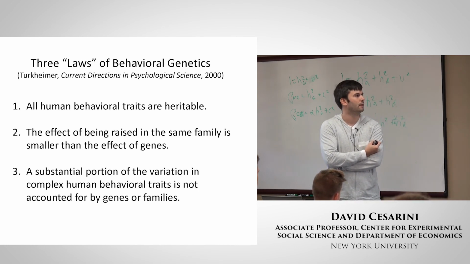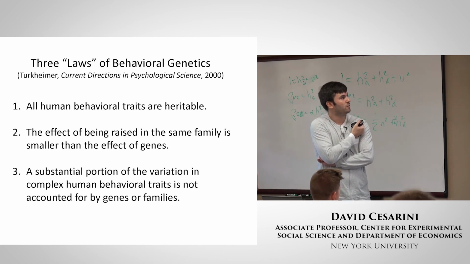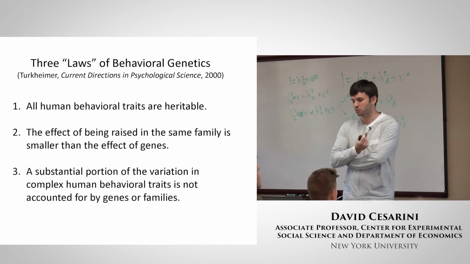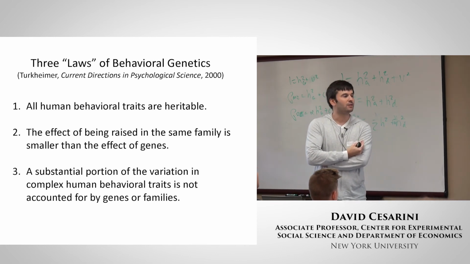It's not that he's saying that these are universal truths. He's just saying that they're very, very robust empirical regularities, at least on my reading. First, all human behavioral traits are heritable. Second, typically the effect of being raised in the same family is less than the effect of genes. The way I would put that is, if you have two siblings, for most phenotypes, the bulk of the resemblance